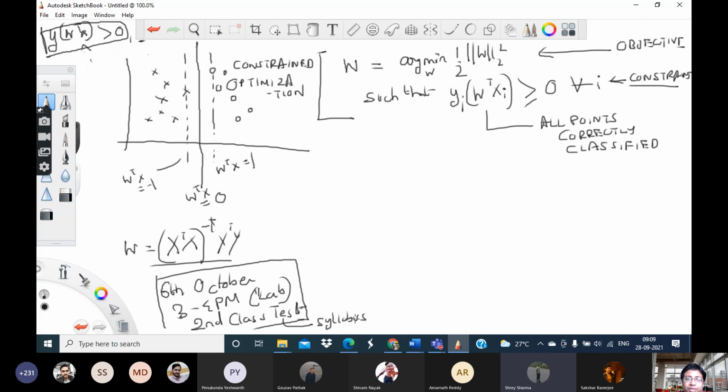Will what came in the last test also come? No, it will not be there. In the first test we had up to decision trees, right? So from linear regression till this max margin classification. Sir, same pattern, like 3 questions? Yeah, maybe 2 questions. Okay. From regression till max margin classification. Another announcement is that from next week onwards, your lectures will be taken by Professor Ziaul Haq Paik.